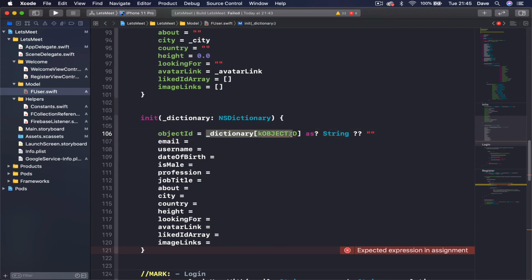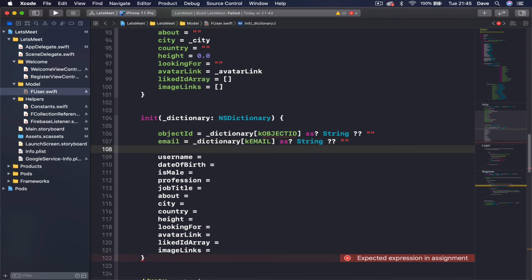So let's say our compiler accesses the dictionary, gets the object ID, and maybe there is an integer saved. If we force unwrap it to string, it will crash. And if we say try to unwrap it to string, it will try, and if it fails, then it's going to assign a default value of empty string to our object ID. So this is a safe way of unwrapping a dictionary in order to not get our application crashed. And the email address is dictionary k email, again as string or empty value,